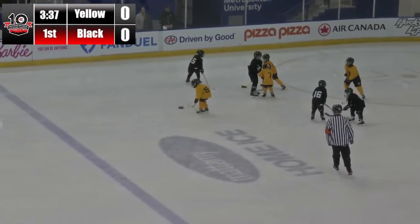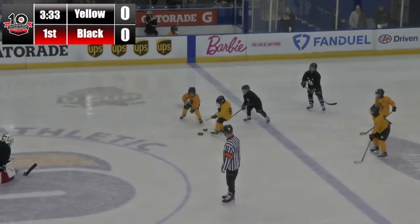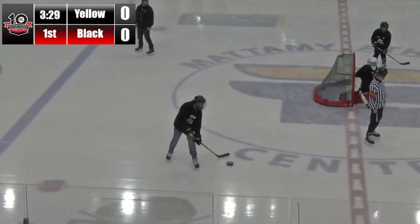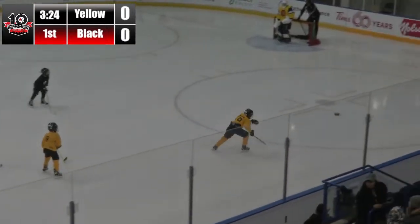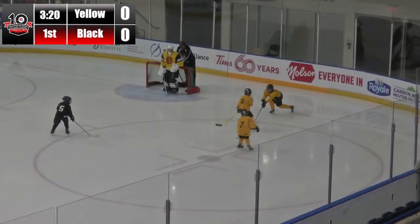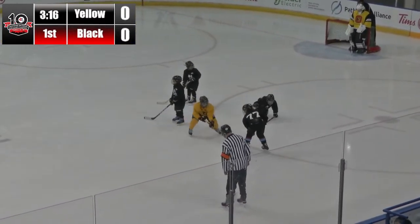3:35 to go in the frame. Picked up by Ben Thompson. Thompson skating in, tries to swipe at it. Takes the man out. Shot, oh, that one just missed. What a chance. And Michael Sullivan with two golden opportunities and just missing his first goal of the weekend on both. Sullivan really starting to